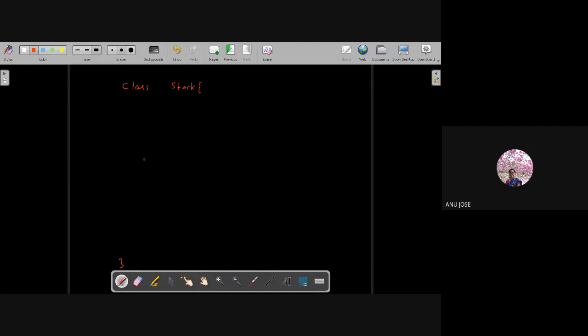Now you have to decide which member variables you have to define and which functions you have to design, because for every class we have the same. So tell me which variables we need to worry about for the stack implementation, and which functions. Tell me which variables are involved in the stack operation.